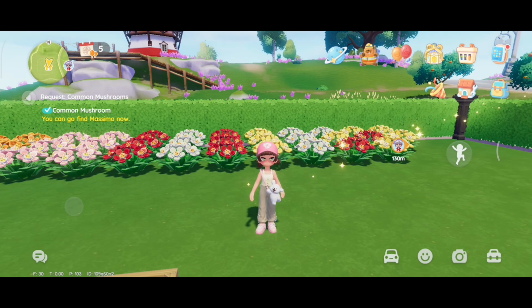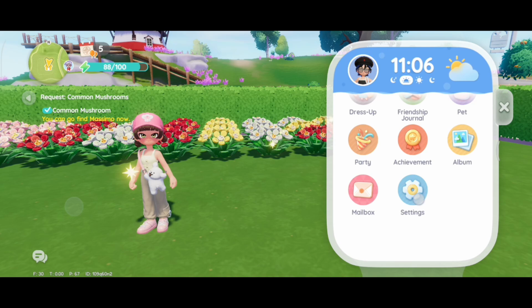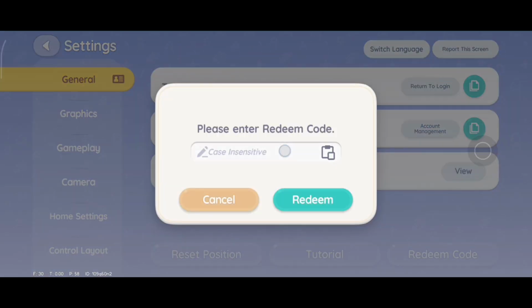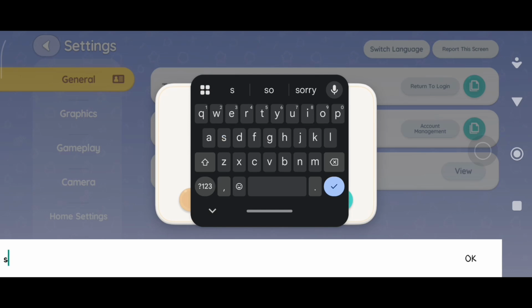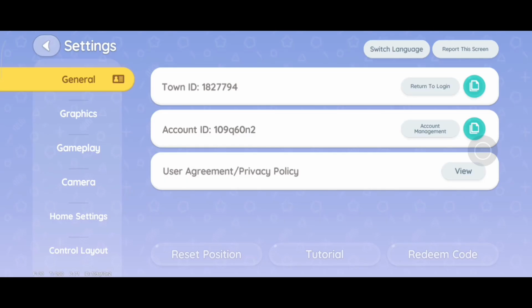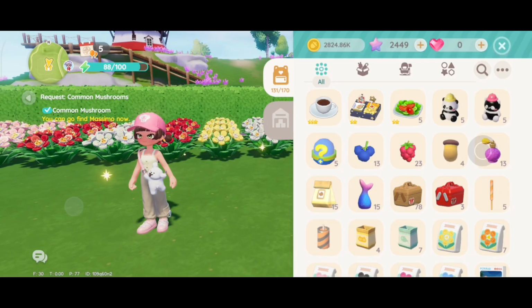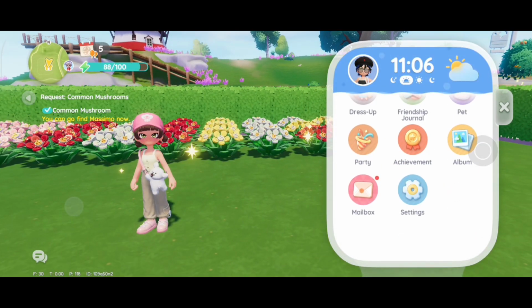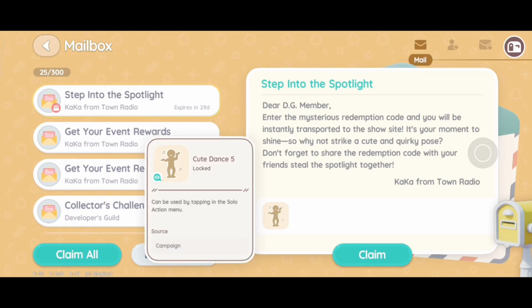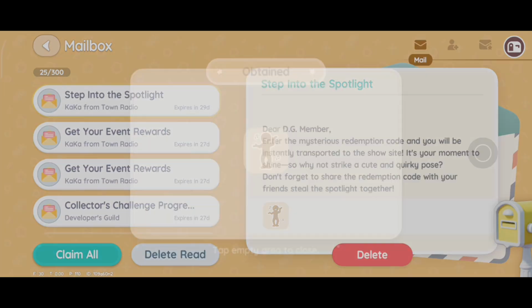First, just tap on the smartwatch and then go to settings, and then in here just tap on the redeem code, and then next just type this code. Shake like this, and then next just tap on redeem, and then after that just check your mailbox, this one, and then in here you can get this cute dance 5, and then just tap on claim all,